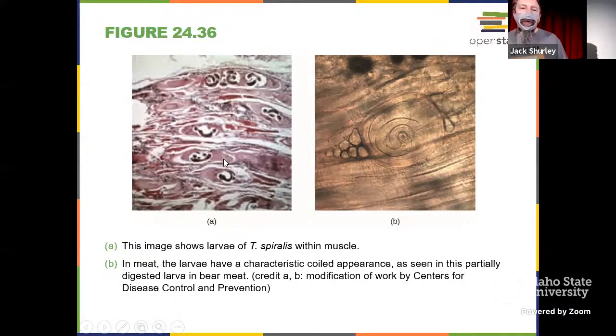Bears are a potential source, so it's not just pork that may harbor it, but they definitely are more common, especially thinking around here. So here's a kind of blow up of this, the larvae kind of coiled up within there. This one is bear meat, all right? So the issues in either circumstance here, these parasites have encysted in the musculature.